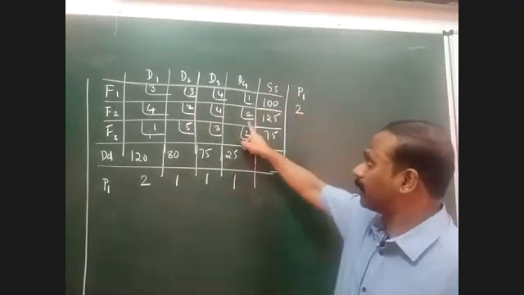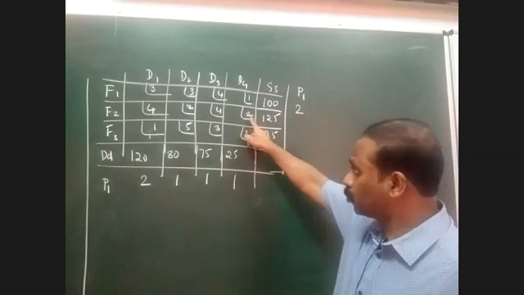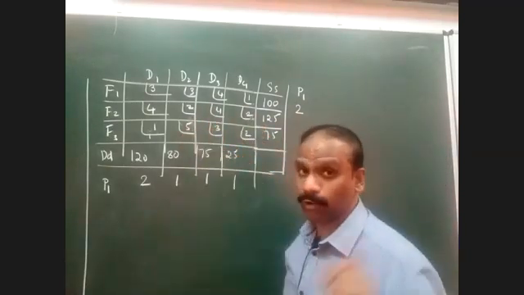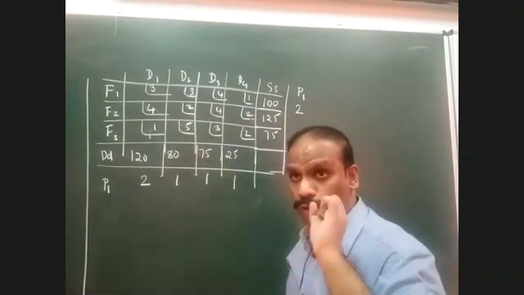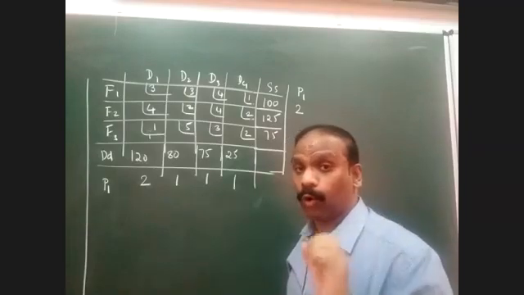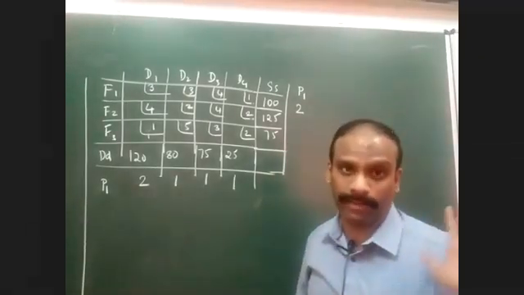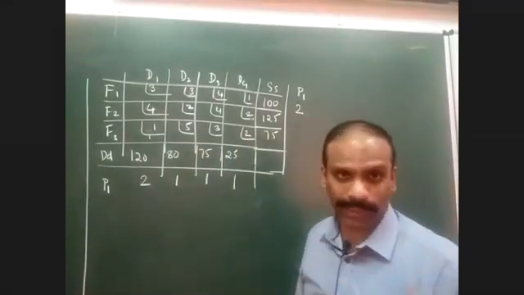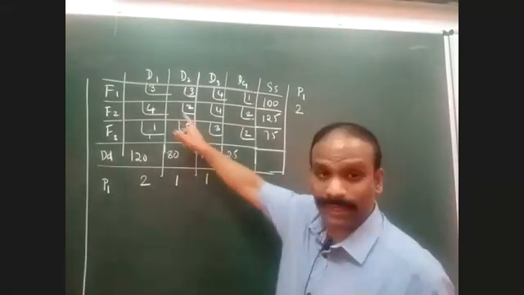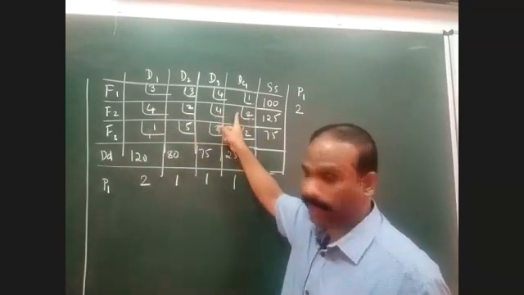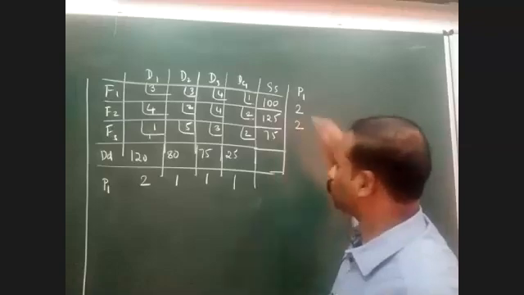In the second row, the lowest value is 2 and the next higher value is 4. I cannot take 2. I think you all remember, you are supposed to always take the next higher value. You can take a repeated value only if no other options are available. If the entire row becomes 2, 2, 2, 2, then we can take 2 minus 2. Otherwise, we should always go to the next higher value. So 2 and 4 are the values to be taken, and 4 minus 2 becomes again 2.